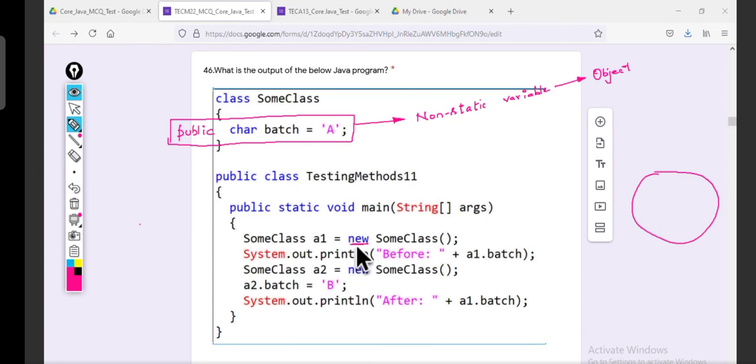Second job of new: load all the non-static members. Non-static member character batch is equal to A. Last job of the new operator: return the address. This object address is stored in a variable A1. Correct?